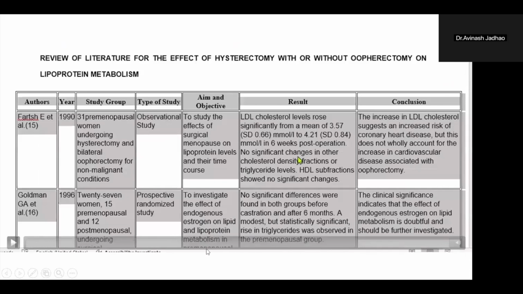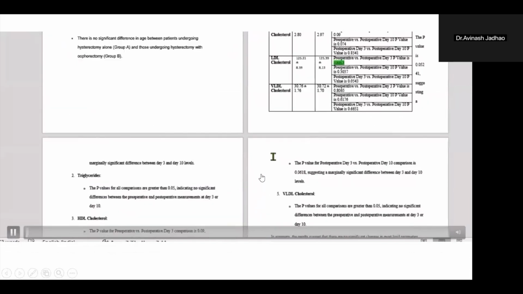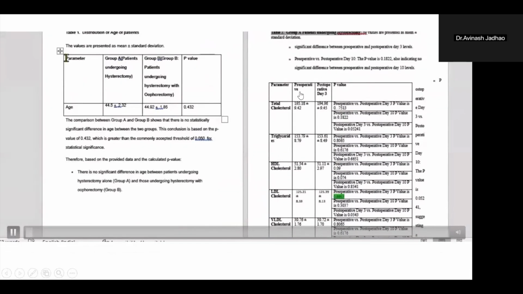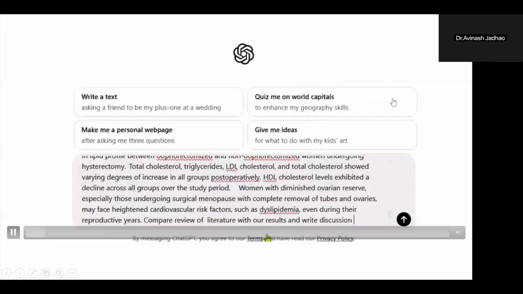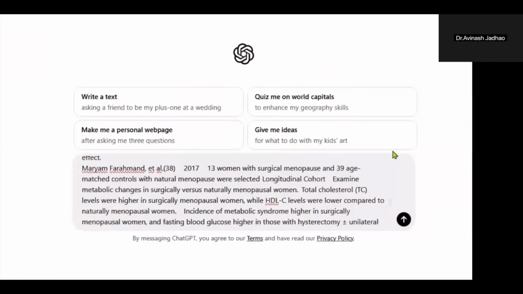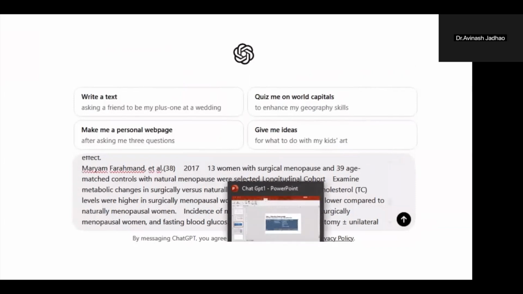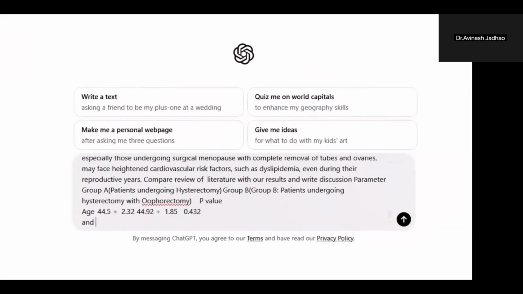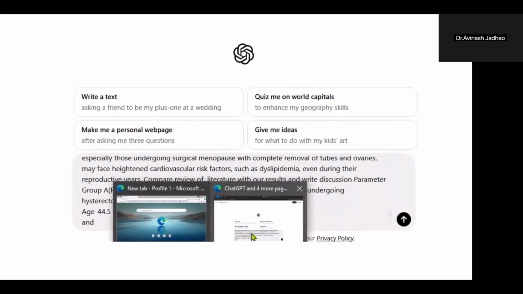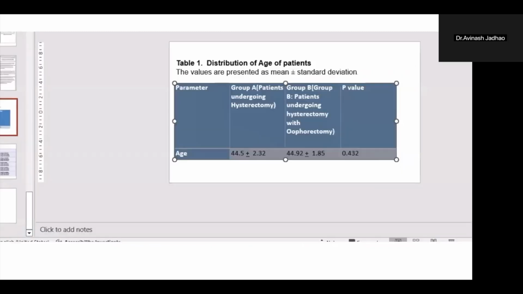The complete review of literature is copied here, and you have to copy your result, like your demographic data and your own result, which was generated in your study. So you have to give a command: the review of literature is copied and your result is copied.